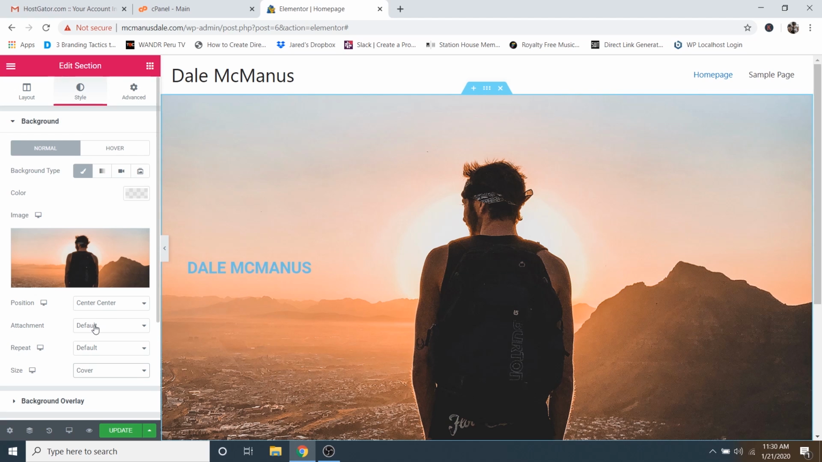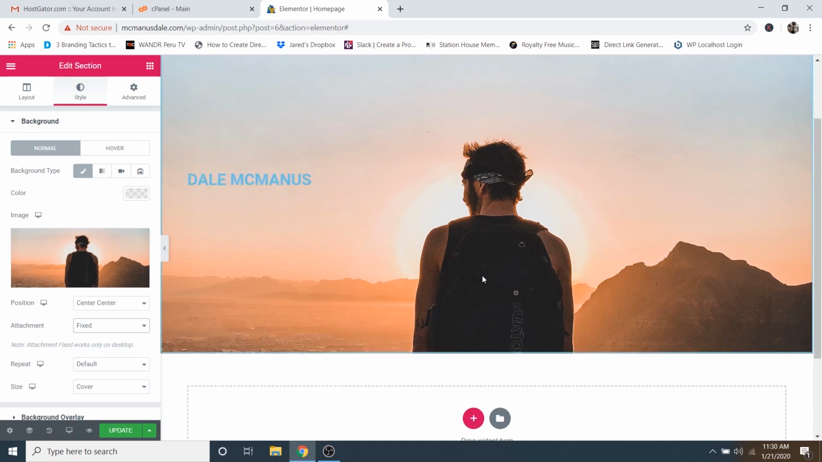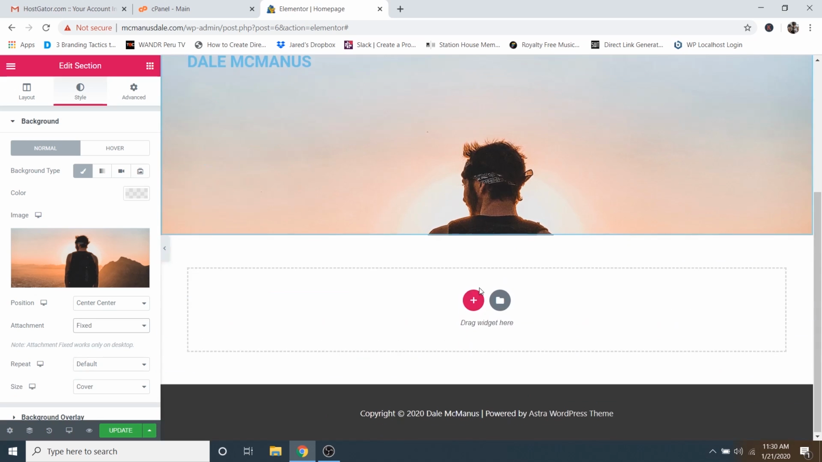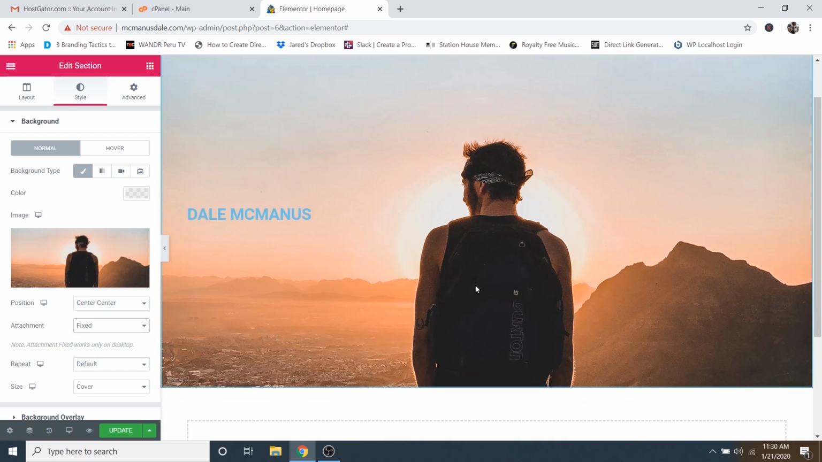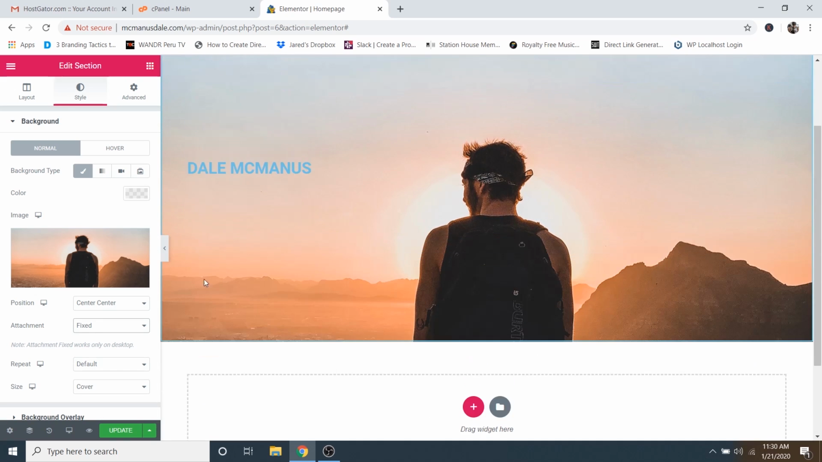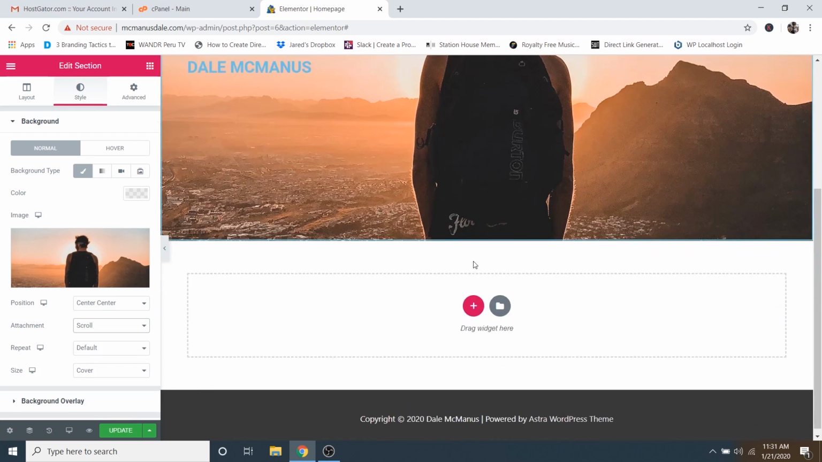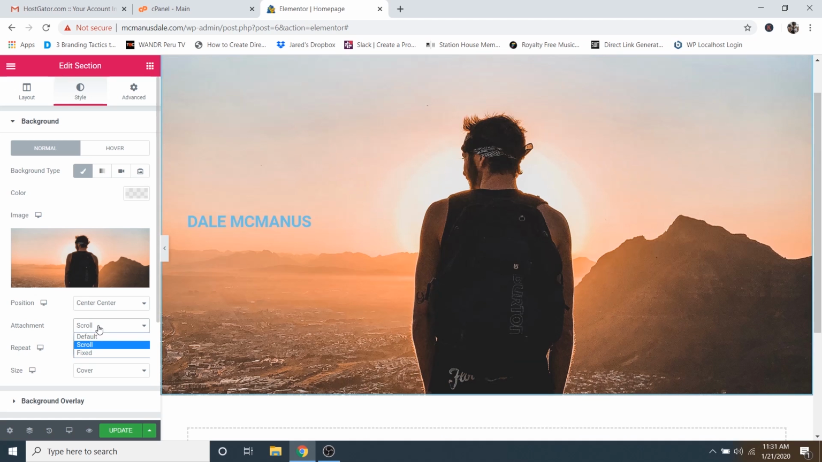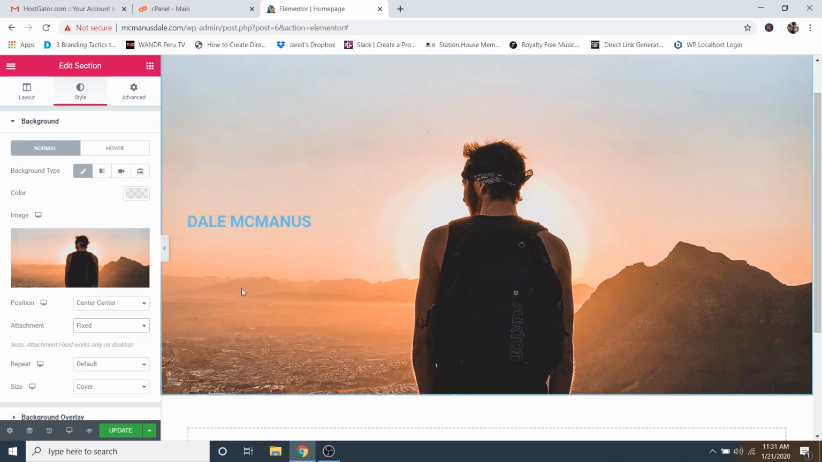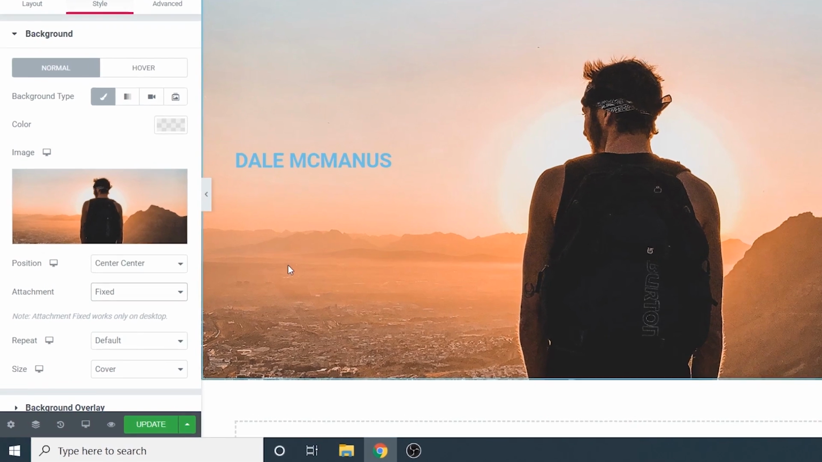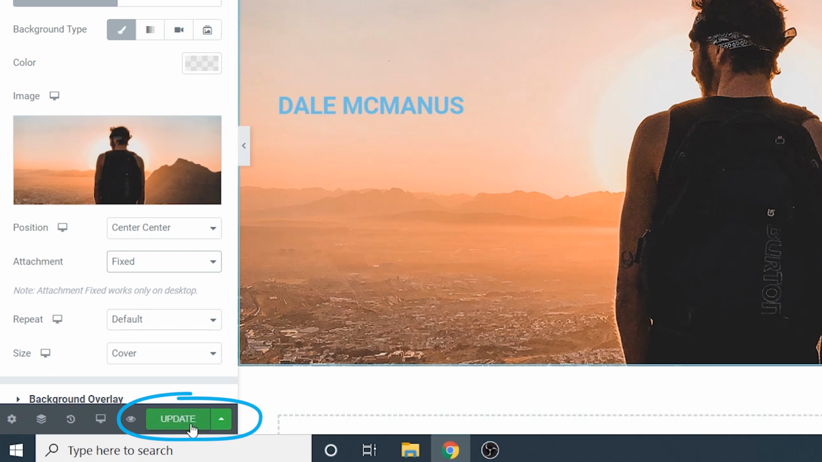And then for attachment, this is the cool part, I'm going to change that to fixed. And that's going to give our site this really cool parallax effect where the image stays in one spot, but the rest of the website is moving. Or if you wanted, you could just go to scroll and the whole thing moves as one. But I really like the parallax effect, so I'm going to go back to fixed. And always make sure that you are saving your work by going down here to the little green update button